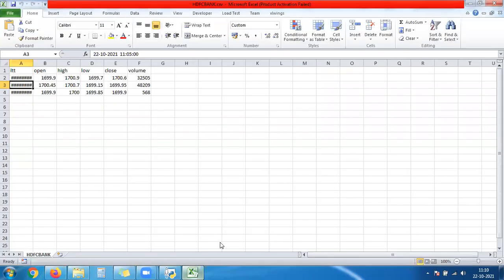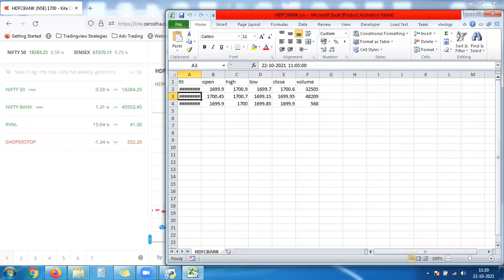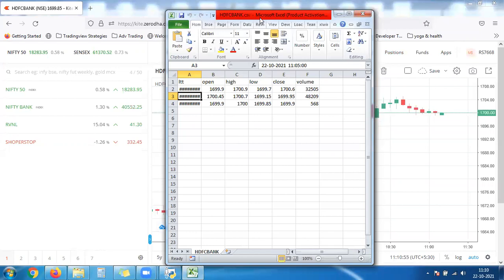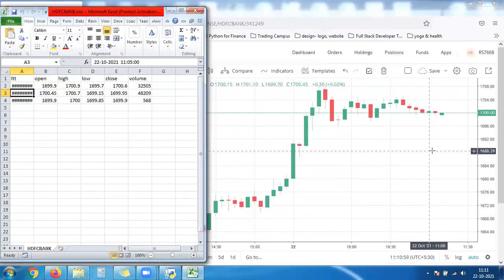Let us put both the Excel and that side by side. So 1700.45 is the open, 1700.07 is the high price, 1699 and 1699.95.